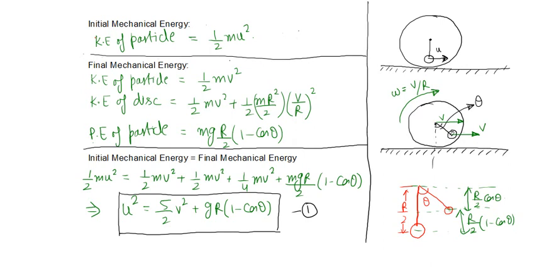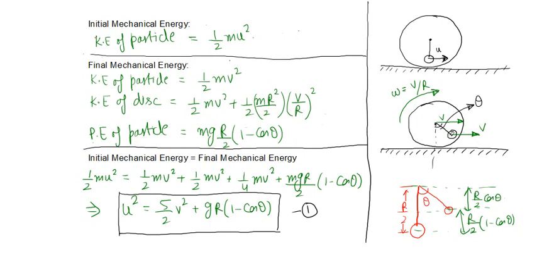So disk's kinetic energy will contain two terms, one corresponding to the kinetic energy of center of mass, half m vcm square, which is half mv square, and second corresponding to the rotational kinetic energy, which will be half ICM into omega square. Then ICM of the disk, moment of inertia of the disk about center of mass is mr square by 2. So this is ICM mr square by 2, and omega is v by r. So this term represents the total kinetic energy of the disk, which is sum of two terms, half m vcm square and half ICM omega square.